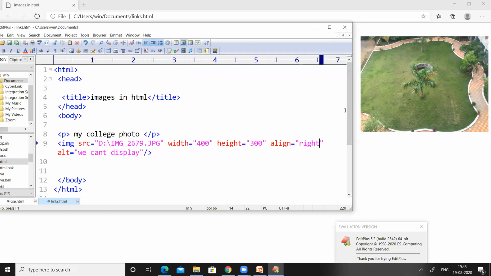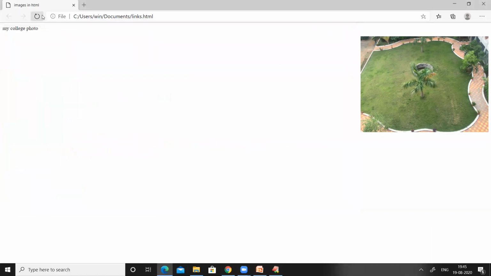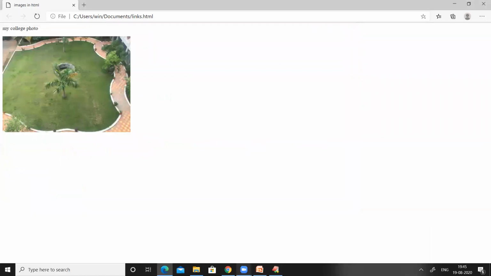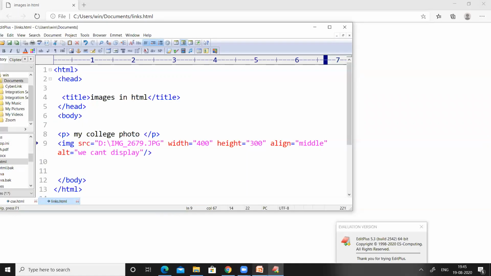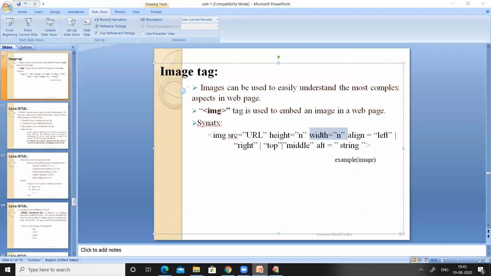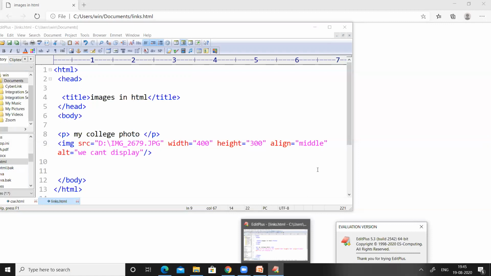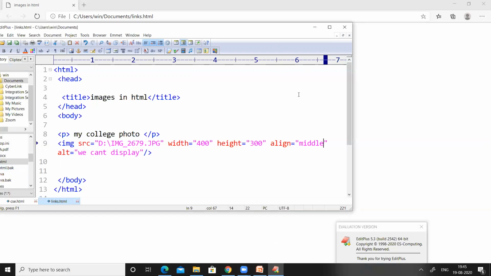Okay, now let us see what happens if you give something like middle. Now save the code and now refresh. One second. Even if you give middle also, the image was not changing.